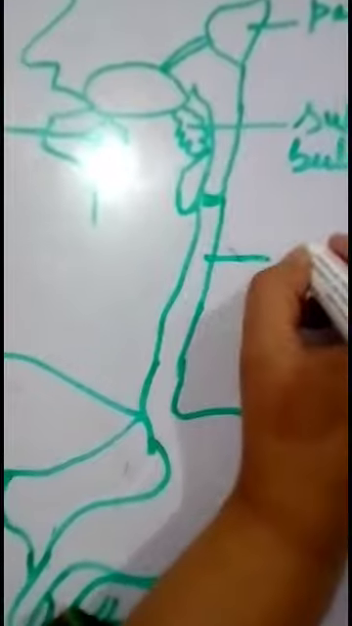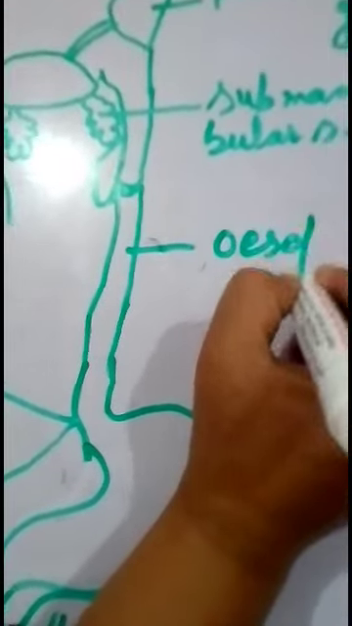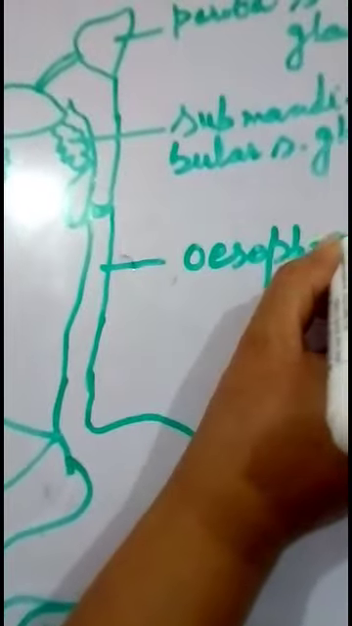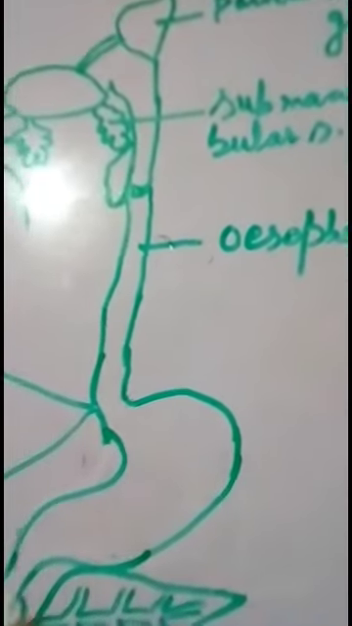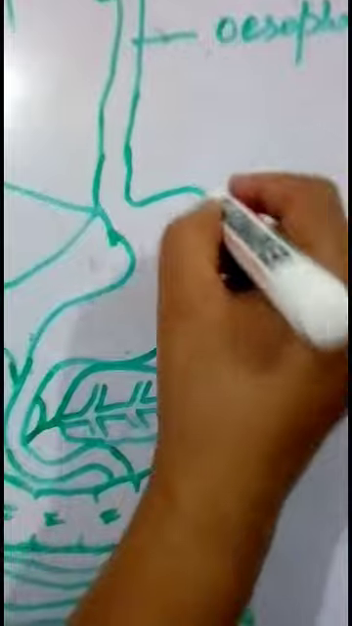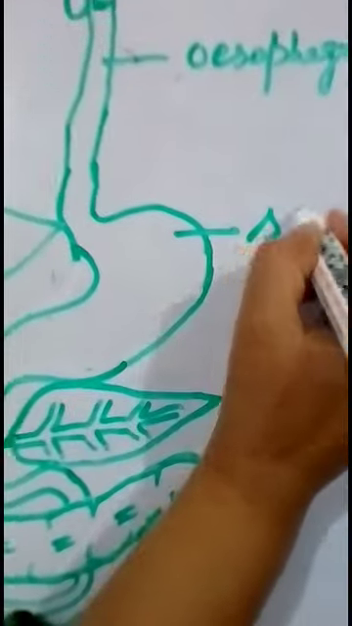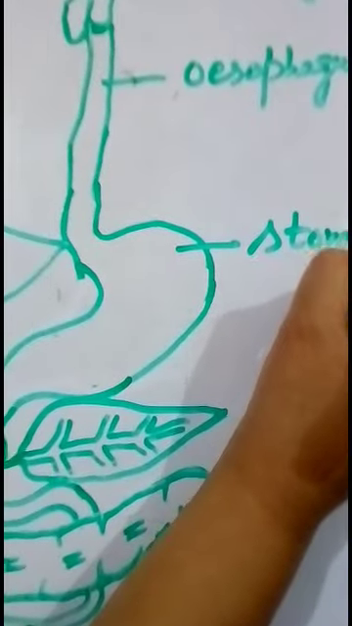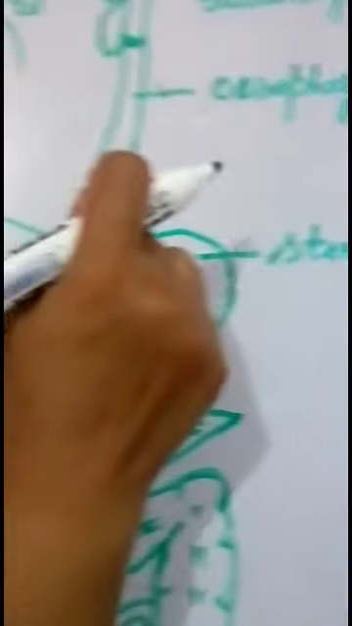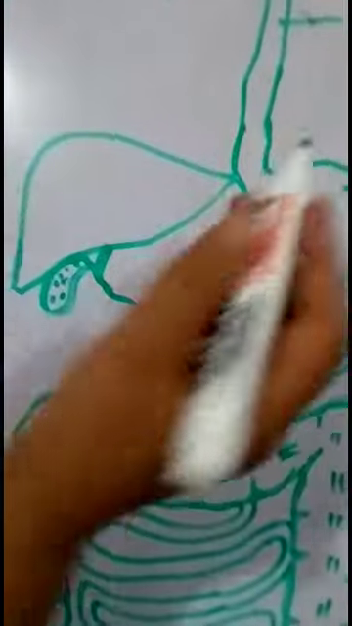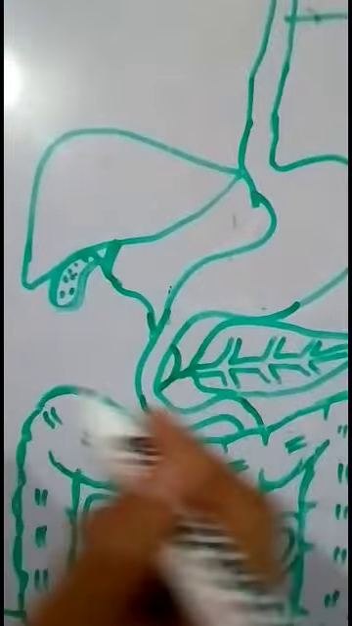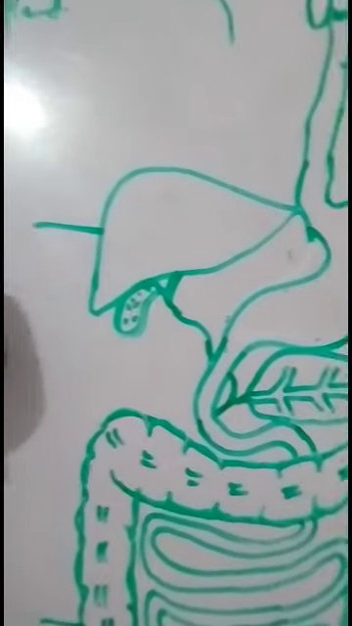This tube-like part is called the esophagus. Students, keep in mind that inside the esophagus no kind of digestion occurs. This is the stomach. The first end of the stomach is called the cardiac end and the last end is called the pyloric end. This is the liver,